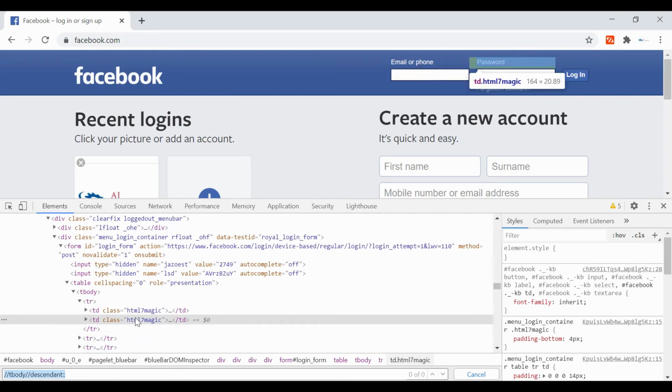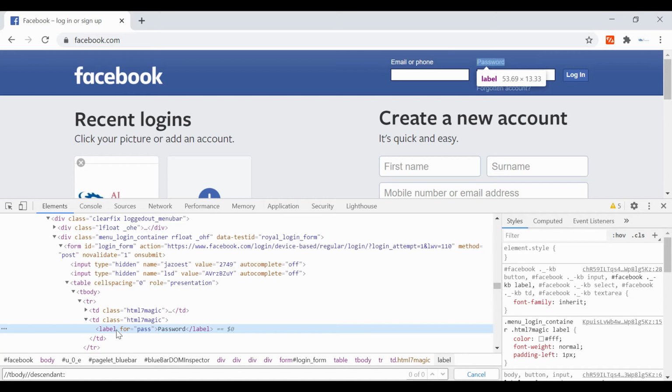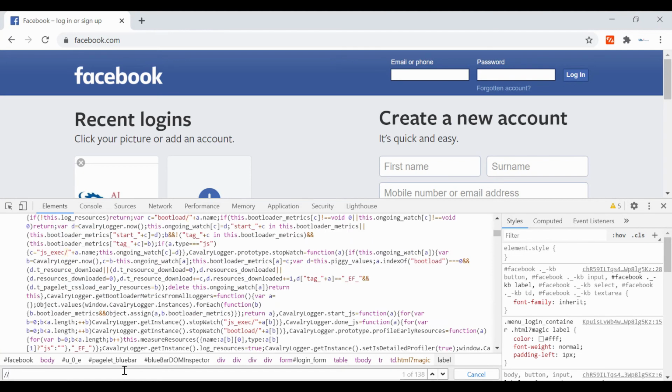Let me first go to this td. Let us go to the label also. We will go from label to td and then td to this tr. Let me create a simple XPath for this. Just looking at it you will be able to create your XPath now.